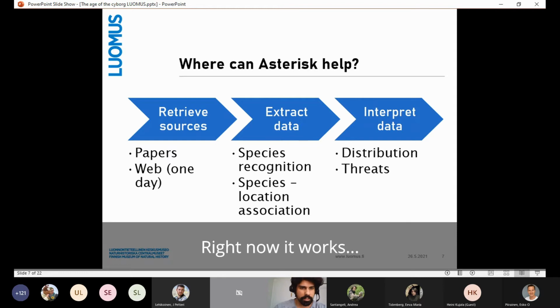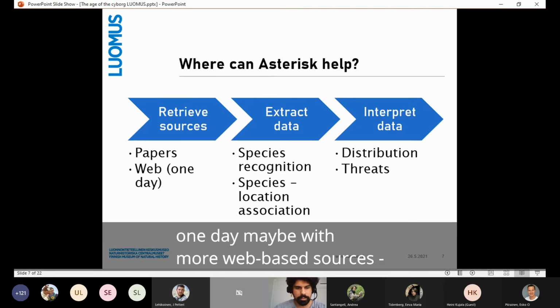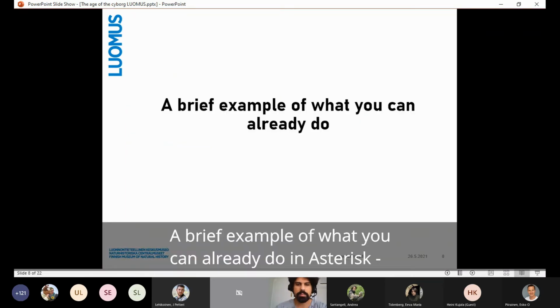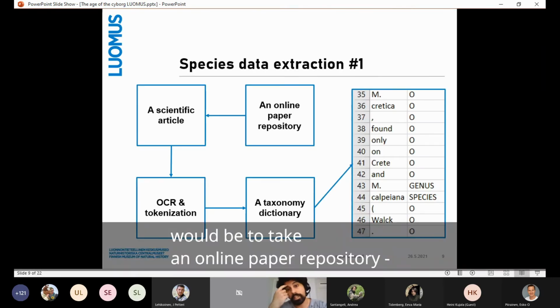Right now it works with papers. One day maybe with more web-based sources, as I'll explain further ahead. So a brief example of what you can already do in Asterisk would be to take an online paper repository,